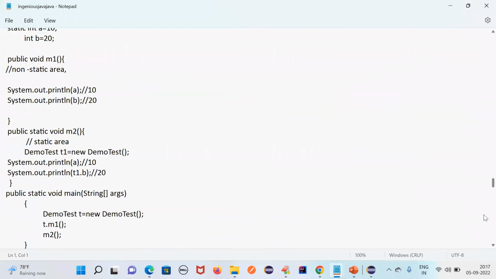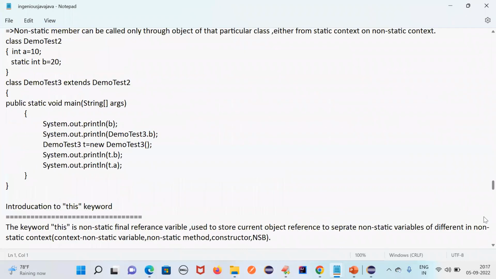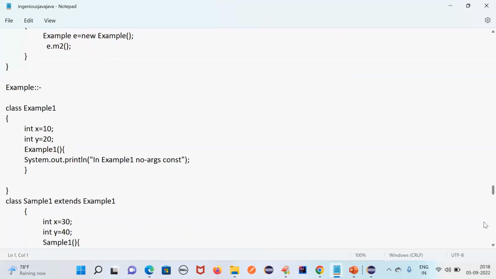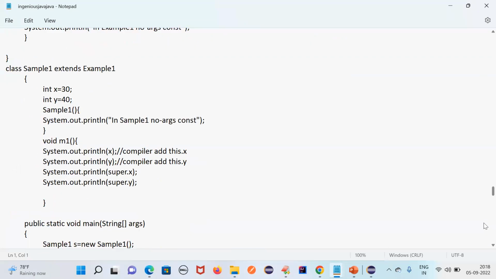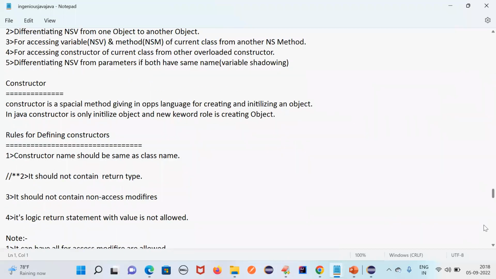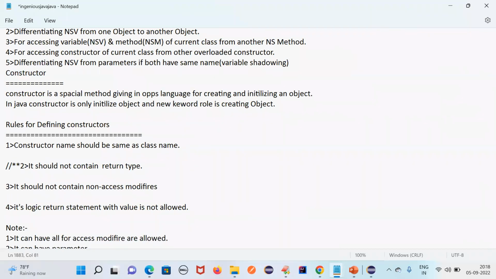Concept wise, my notes are enough. You can crack any interview, but coding practice you have to do, right? From the starting, I'm going to tell you this is very important for coding, right? So we have used this constructor many times, if you remember, right? But we cannot give you the notes, and I'll tell you what is the use of constructor.